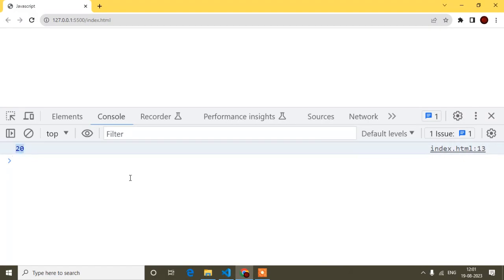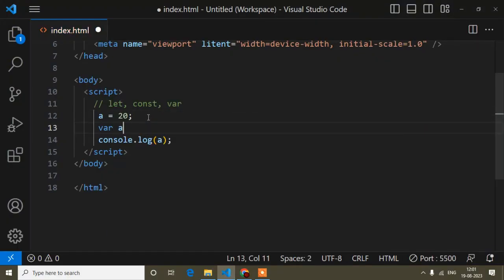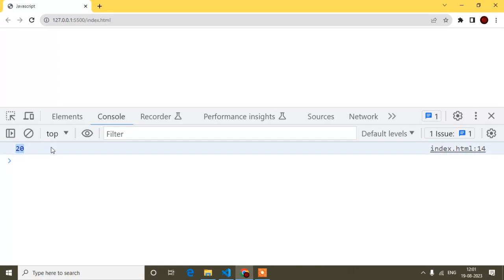So I am getting 20, which means actually here I can define var a. Initially I can define only the variable name, but I didn't say in my JavaScript code that this is a variable. First I define one name and value, later I told that this is a variable, so I added var and I'm getting the same output here.